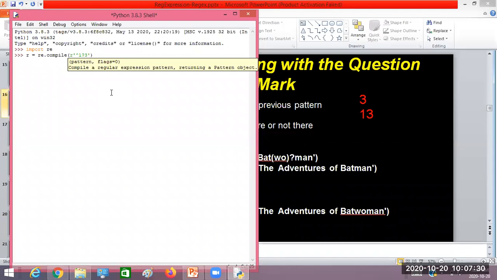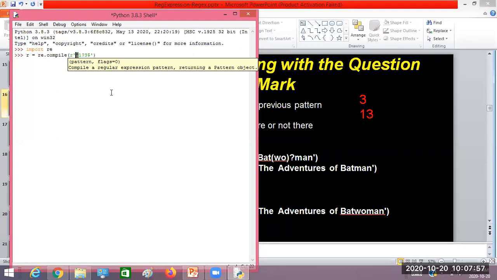Then again, after 3, there should not be any other characters. Then what you can do is use a dollar symbol. This dollar indicates ends with, so the data ends with 3. Did you get this one? Caret symbol and dollar symbol, 2 more meta characters I brought onto the screen now.